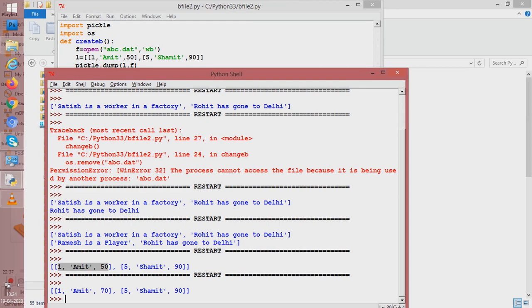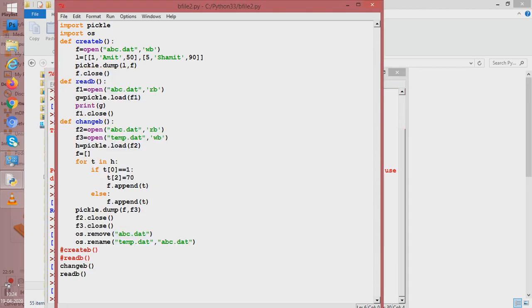But if you had said that no, I want to change the whole given sublist's record, that is, instead of Amit, I want it for Sumit. I want the roll number to be, say, 7, the name to be Sumit and the marks to be 60. How can that change be made? I don't want to change just the marks of Amit. I want to altogether change the record. How can we make that change?